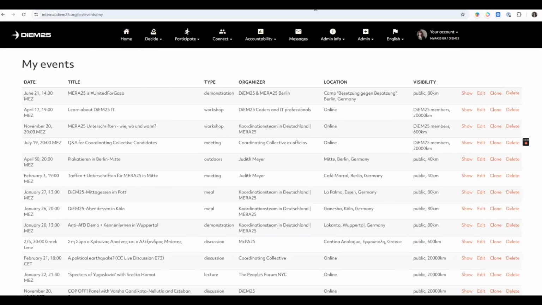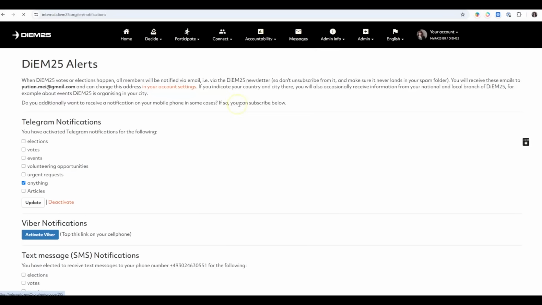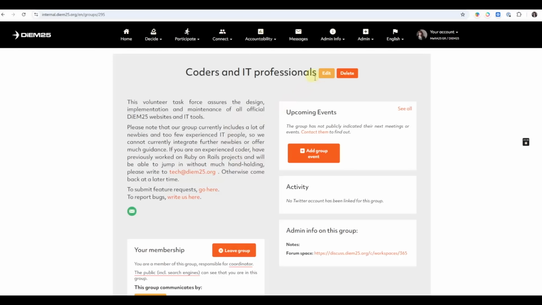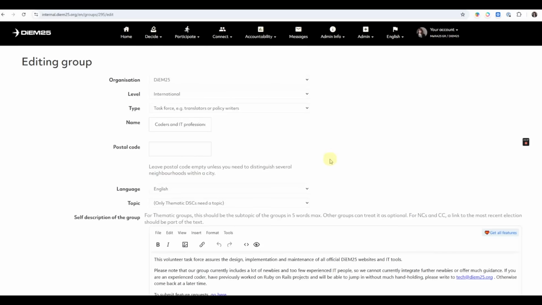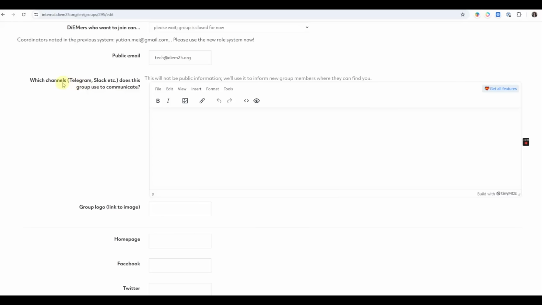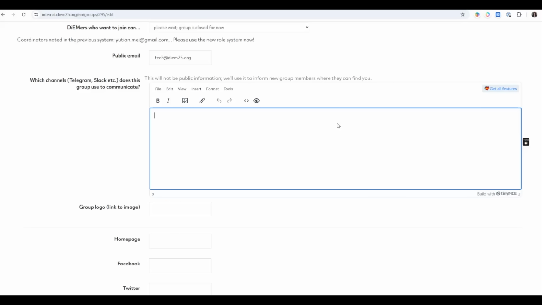Yeah, so you don't have to set up a special tool for that. You can just use the groups that exist. So like this one, if you put over here which channels, Telegram, Slack, and so on, the group uses to communicate, this will not be public information. We'll use it to inform new group members where they can find you. So if you put your WhatsApp group or your Telegram group there, then people who are not members will not see this.